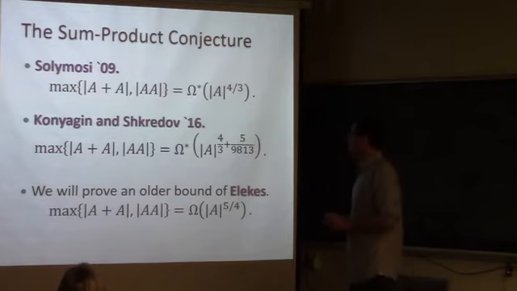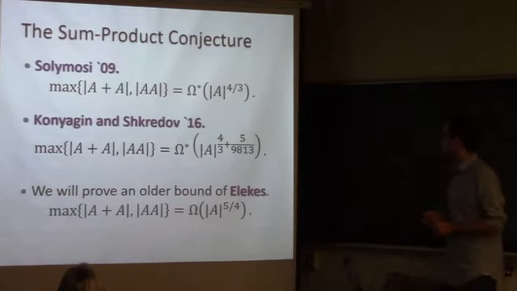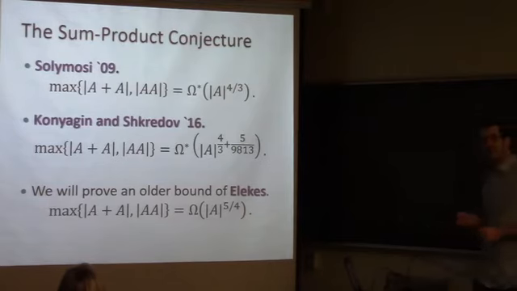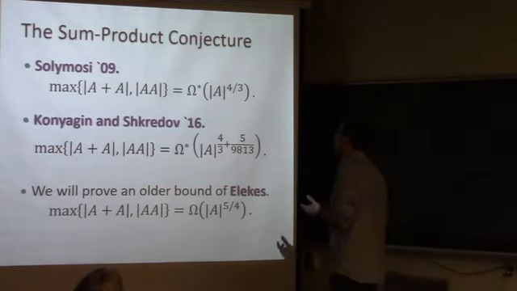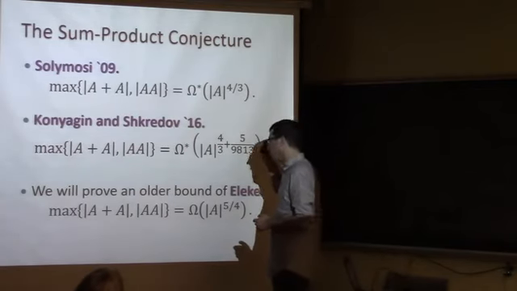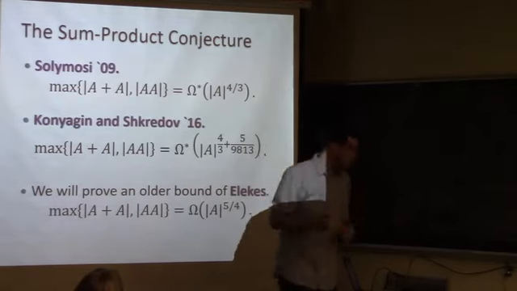And very recently it was improved a bit further, but by just 1/2000, something like that. Okay, so you can see we're still very far from knowing the correct answer here. This is really far from 2. What I want to show you very briefly now is how to prove this sum bound and order bound by